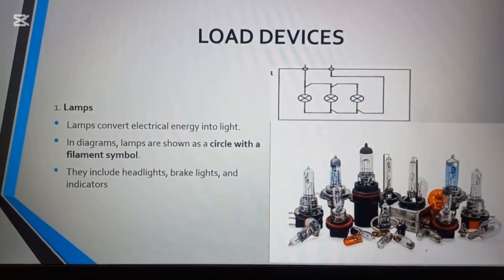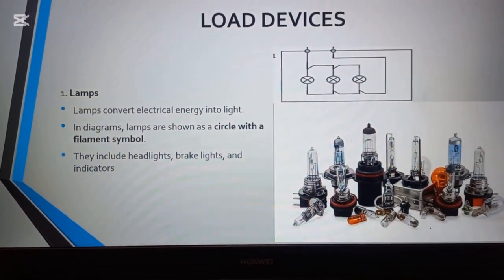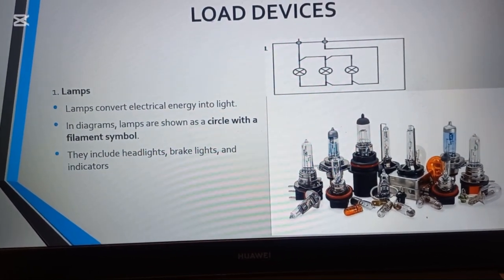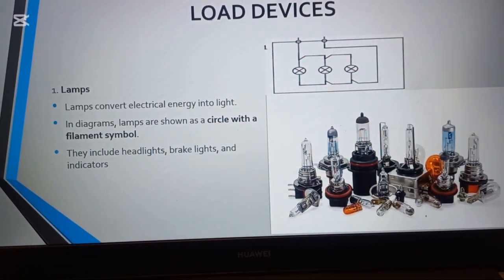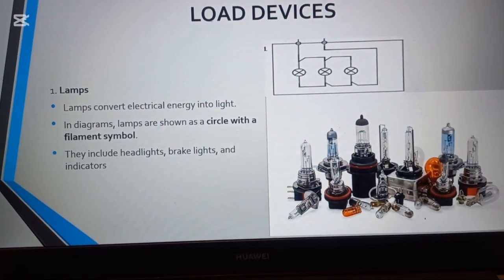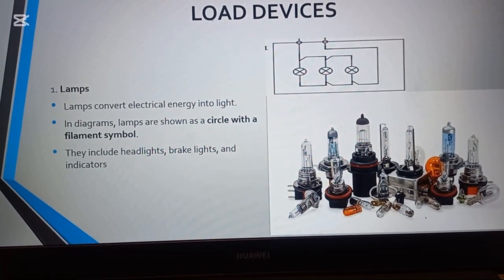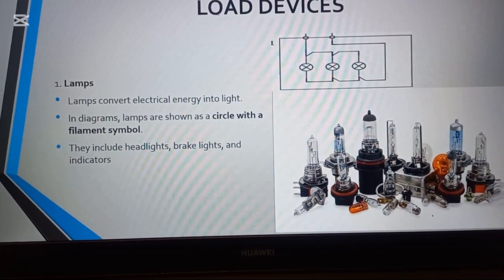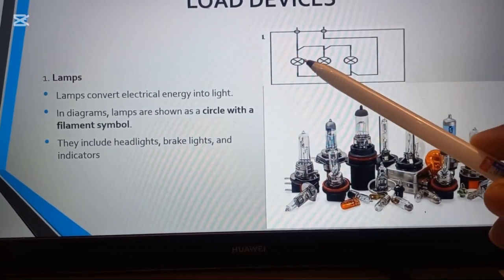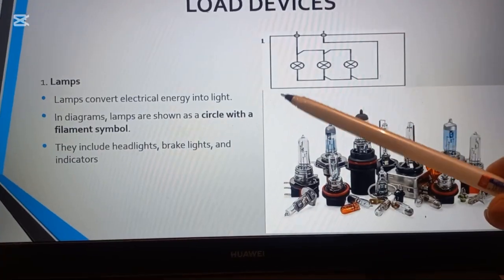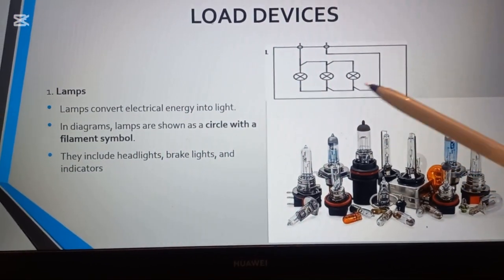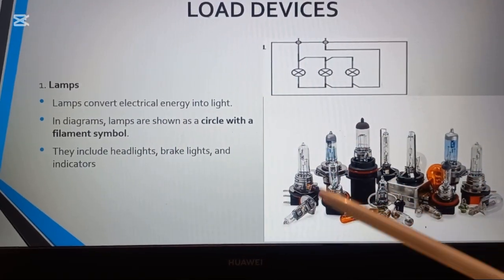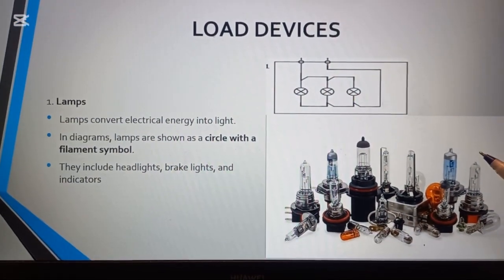We have load devices. In load devices, we have lamps. Lamps convert electrical energy into light. In diagrams, lamps are shown as a circle with a filament symbol. As you can see, this is how lights are represented on the electric diagram. But in a normal sense, the lights are like this. These are the bulbs,